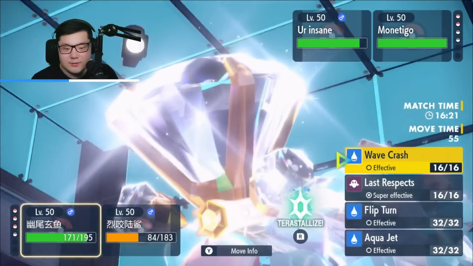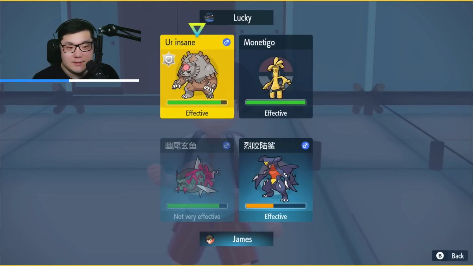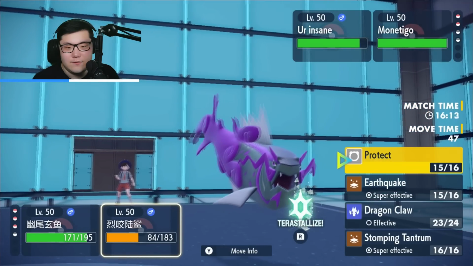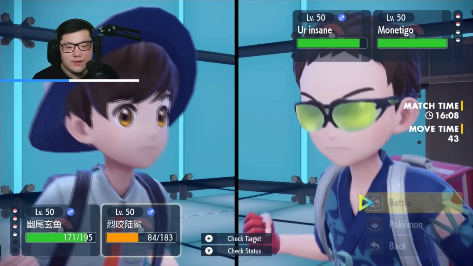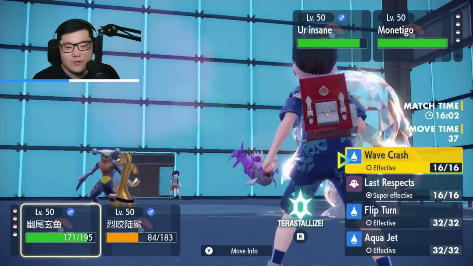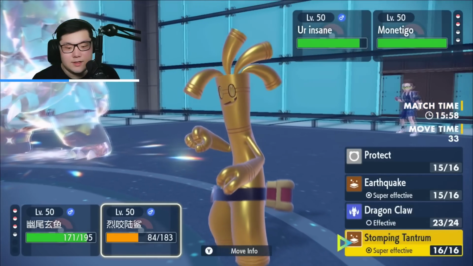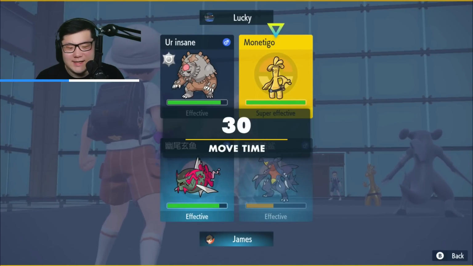So I think I'm just going to go for a Wave Crash. Adaptability Wave Crash is absolutely insane. I think I'm going to hit into the Ursaluna, and I think I'm going to go for a Stomping Tantrum. I'm trying to think if there's any Terras that come into play here. Terra Normal is definitely a throw on Toxtricity. I think I'd probably just go for the Terra Water Wave Crash into Ursaluna and go for a Stomping Tantrum into the Golden Go. Terra Steel on Garchomp could make sense, but